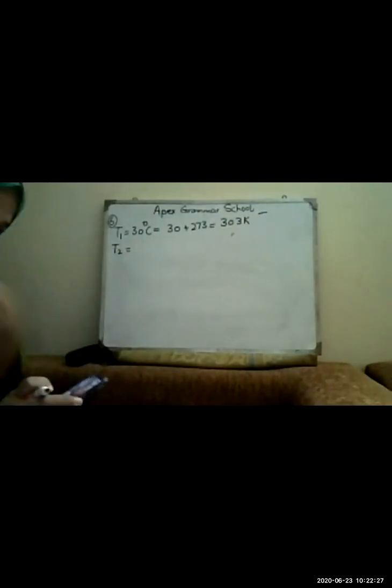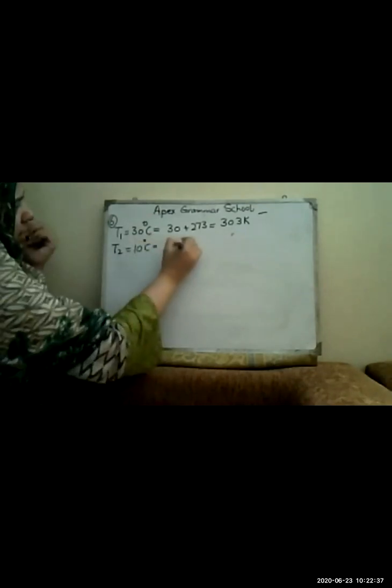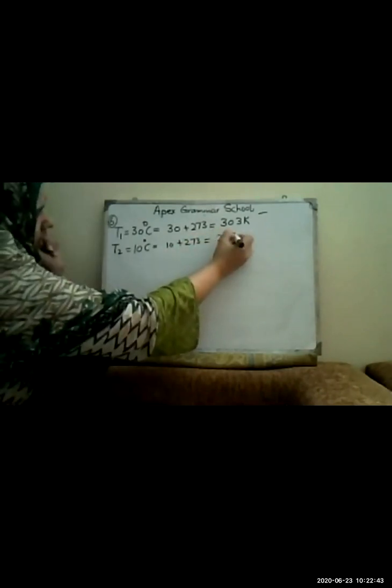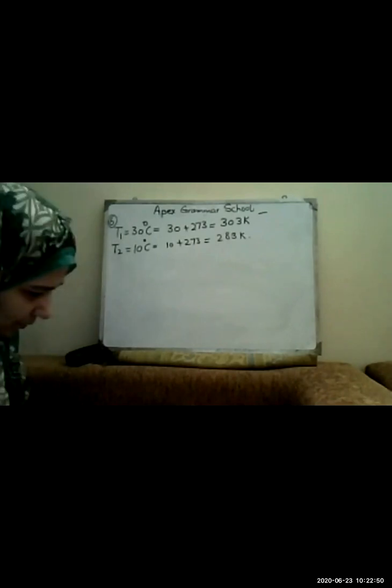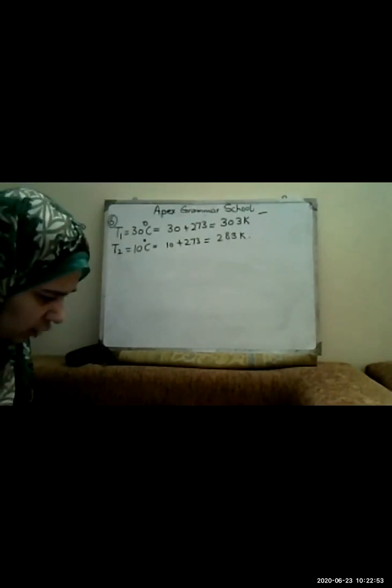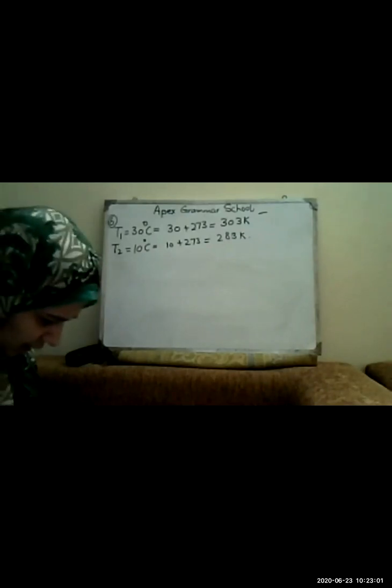Then they are saying 30 degrees centigrade to 10 degrees centigrade, means T2 is 10 plus 273, it will be 283 Kelvin. So this conversion was already done in the given data. Next one, will the volume of the gas decrease to 1/3 of its original volume? Till the moment we do not find out the volume, how can we determine it? So what will we do?